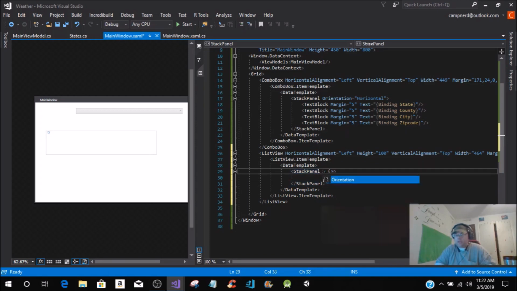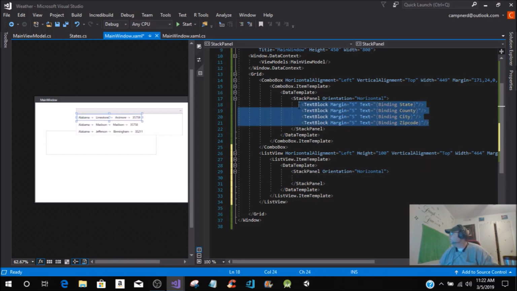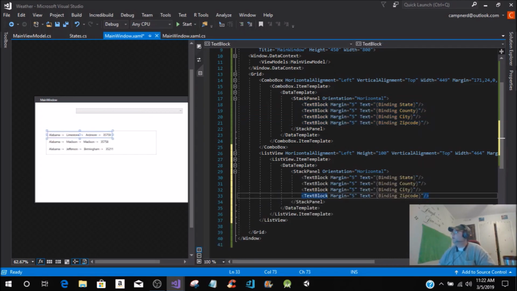It's going to be an orientation of horizontal, and then here, to make it just much easier, just highlight all that, click, and copy. Alright, so now,